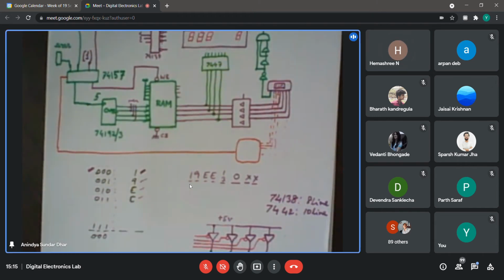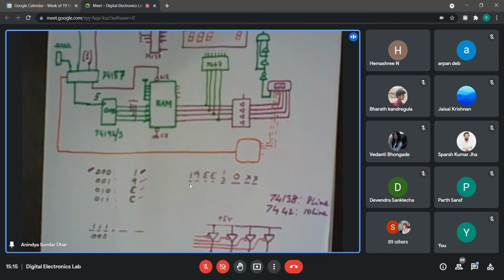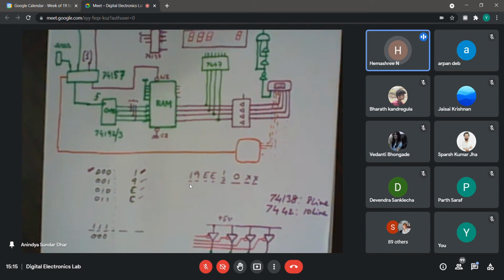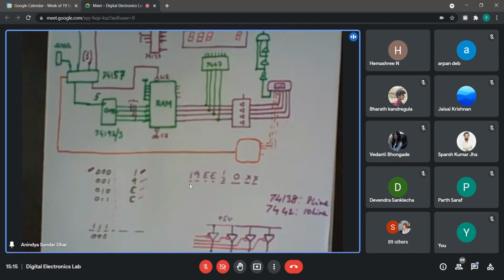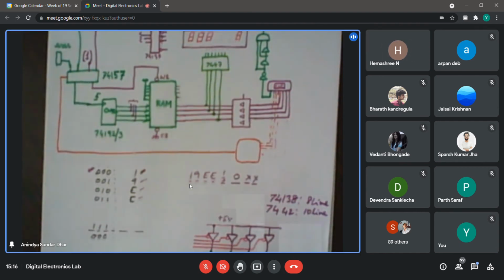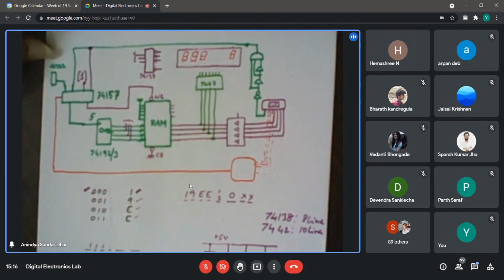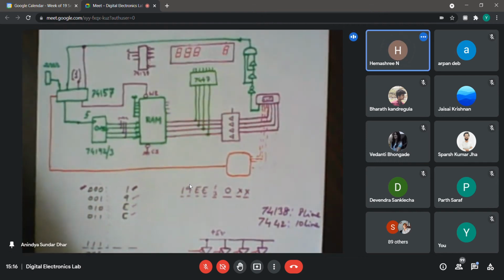Sir? Yes, please. Sir, for the blanking thing, will it be isolated from this circuit? I don't know the name you mentioned. Come once again, what you said? Like we are using something to do the blanking after each digit, right? Blanking, you are talking about this question or the other one? I mean, this question only, sir. Okay, so can you frame your question properly? Because the blanking part, I am not able to understand actually. Which part are you referring to as blanking?